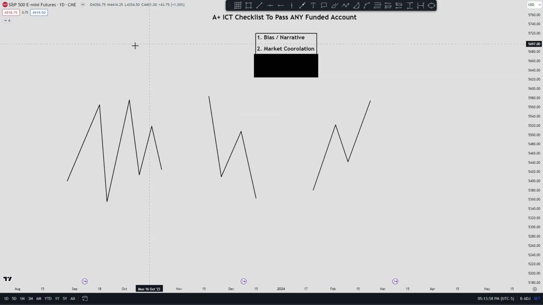These are closely correlated markets. The Nasdaq and US 30 are correlated to the S&P 500. So if they're in opposition of each other, the S&P 500 simply consolidates and it becomes a lot harder to